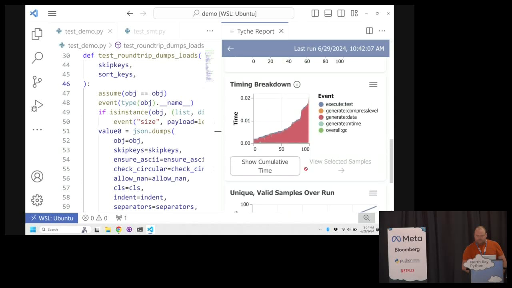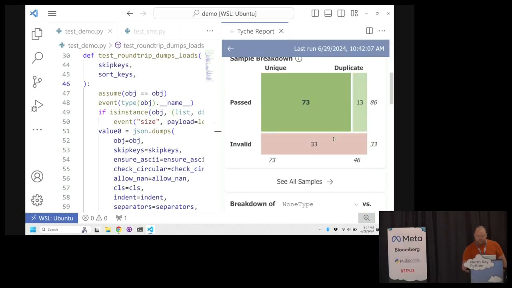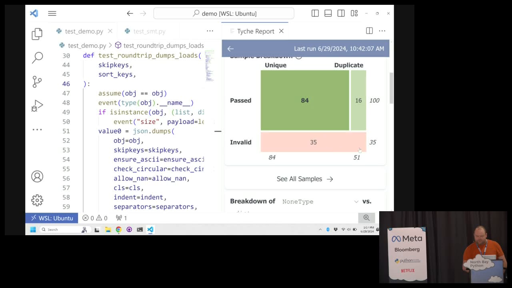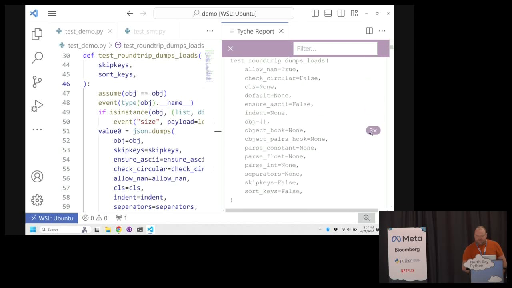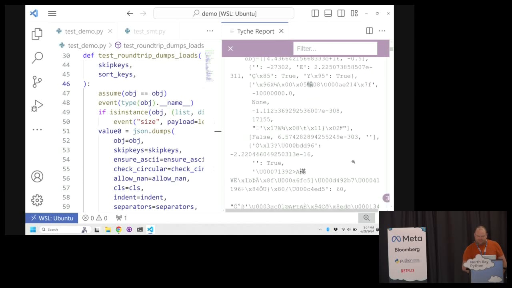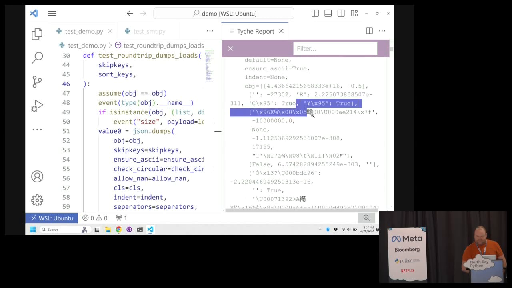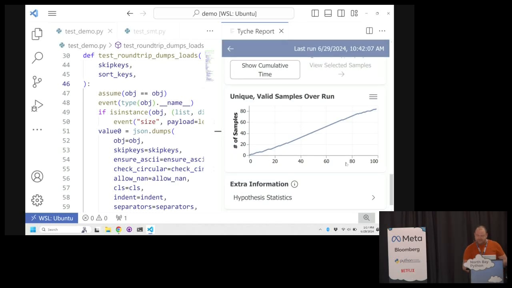We had a timing breakdown, so we spent most of it generating the data, that is the byte string here. If we look at this round trip, we had more invalid examples for the JSON blob. If we look at the samples, they look pretty reasonable. So we had 3 where the thing looked like this, 3 with the empty list. And we start to see some kind of cursed Unicode. Pro tip, Hypothesis users will feel more pain from Unicode than most people. I hope you feel that's a good thing.